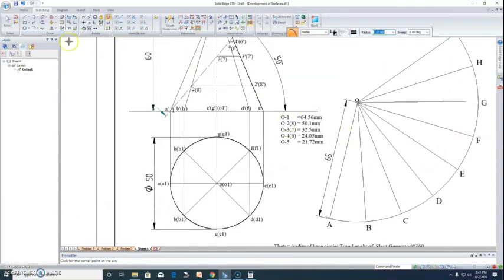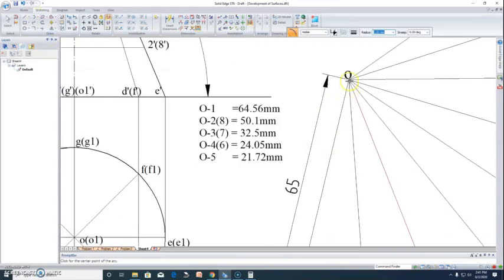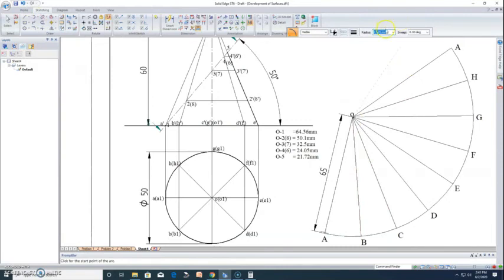Similarly on OB it is 50.1. So again I'll use arc by center with O as center, radius equal to 50.1. I'll draw an arc. Now on OC it is 32.5.